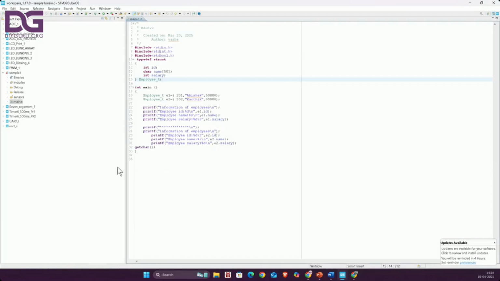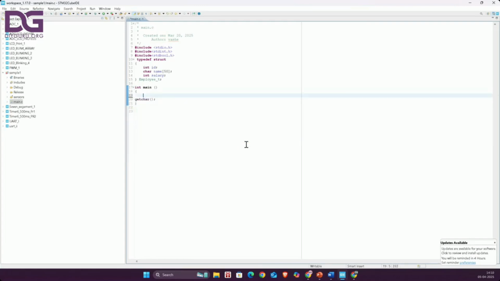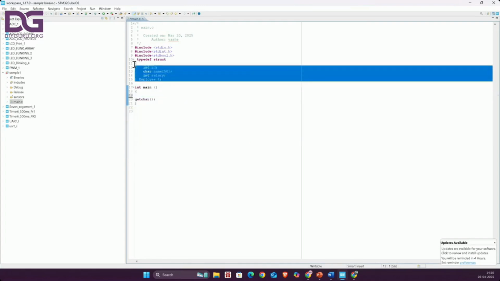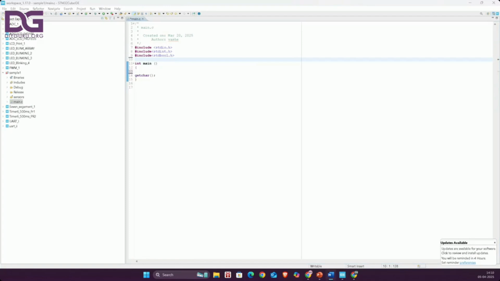Here in the STM32 you can see the previous one. For this one I want to remove all of this. Let me remove it all. So I'll start with the if else. The first rule is that you should not put it in a single line, which means